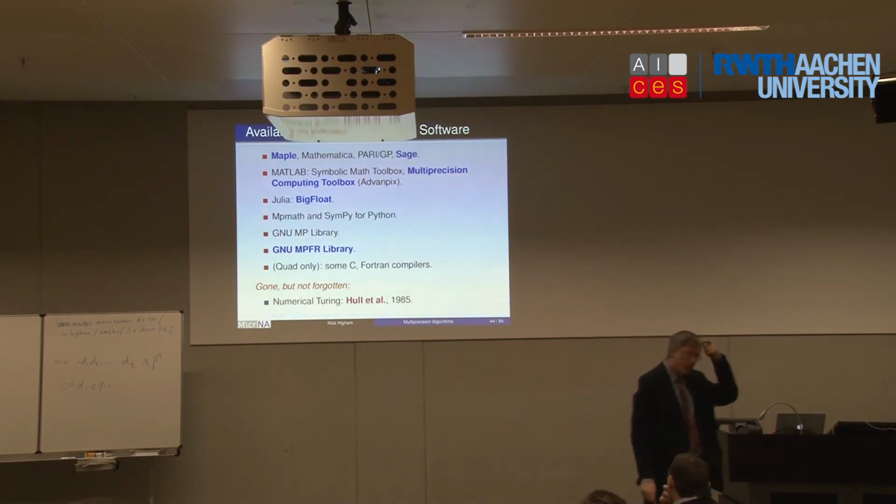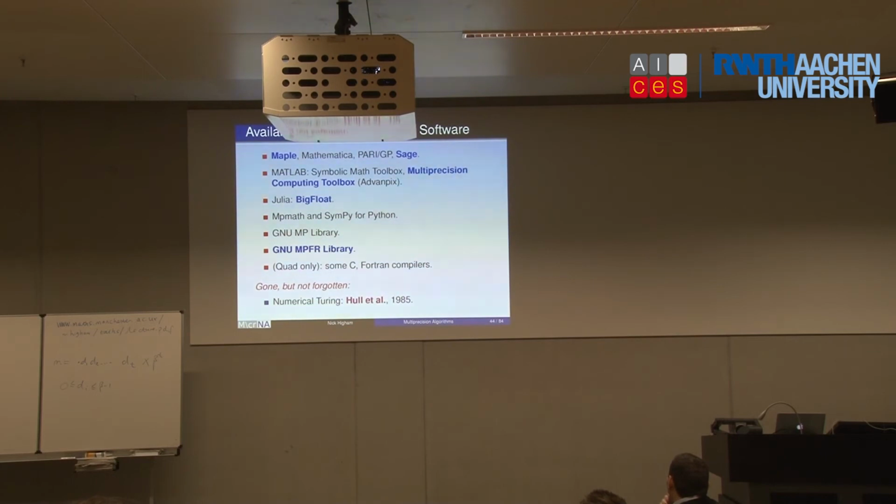But what's available? If you want to try higher precision, where can you find it? Well, the 3 M's, MATLAB, all have high precision available. For MATLAB, you would need the Symbolic Math Toolbox from the MathWorks, or the Multiprecision Computing Toolbox from a company called Advanpix. It's a one-man band based in Tokyo. The man is actually Russian. I'll say more about that in a moment, but that's a very interesting toolbox.